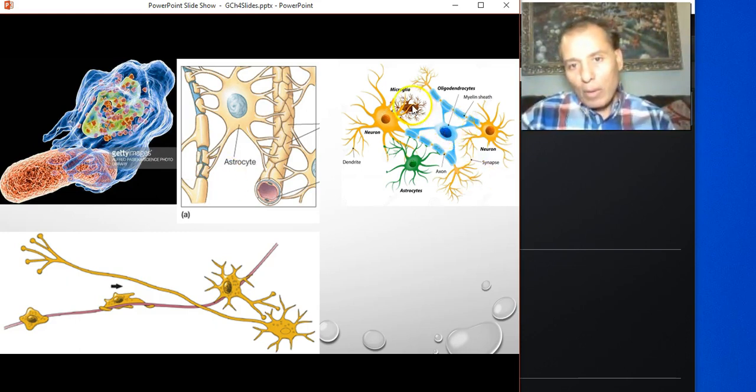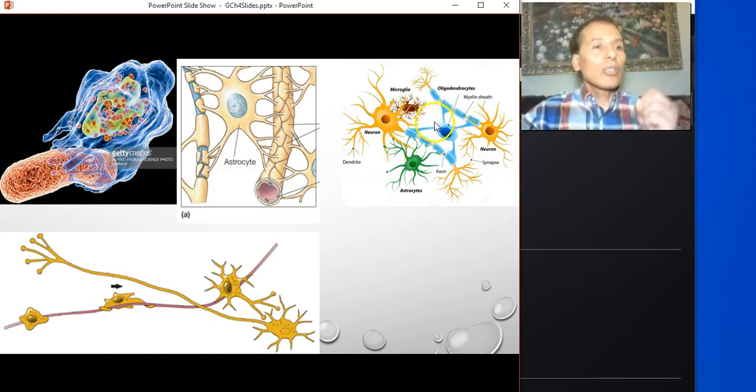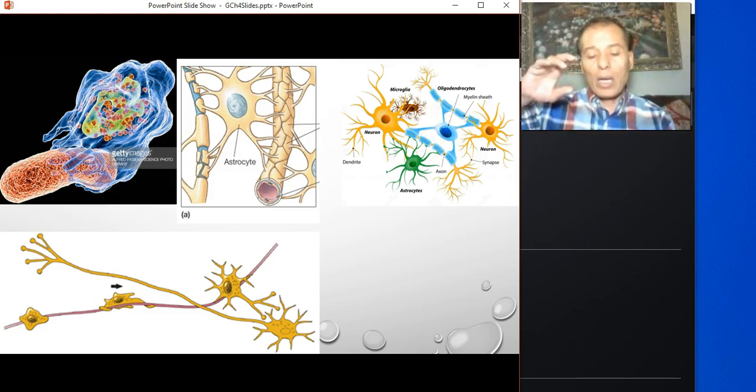Then we have other cells, like this is called an oligodendrocyte. That cell is one of two kinds that make myelin on the axons of neurons. So you can see there's an axon, and there's another neuron that has an axon, and this cell can have so many branches, it can myelinate multiple neurons. This is called an oligodendrocyte, and that cell only myelinates the axons in the brain and the spinal cord.